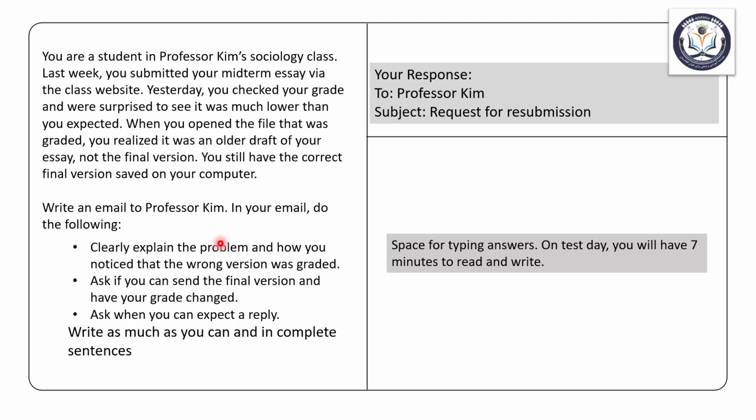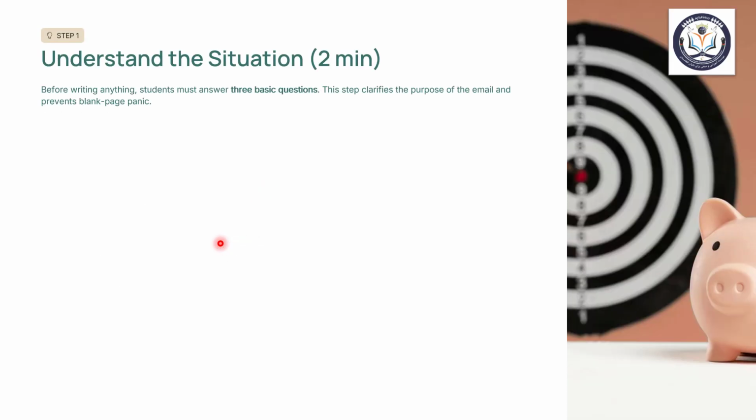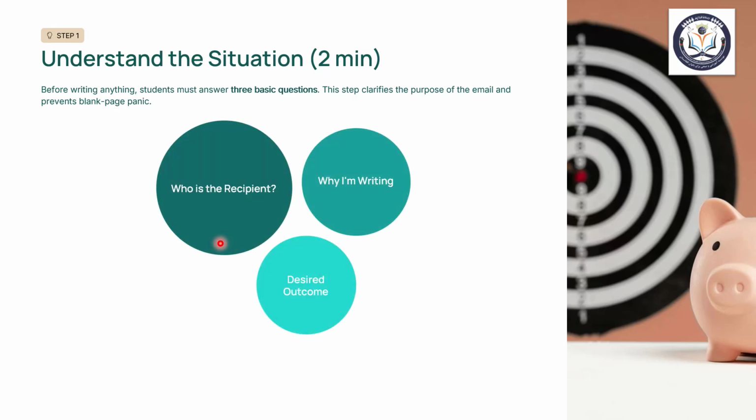Now let's get into brainstorming. First of all, the first step is to understand the situation clearly. Because before writing anything, we have to find out what the scenario is telling. We have to find the answers to these basic questions. What are these basic questions? In our writing,